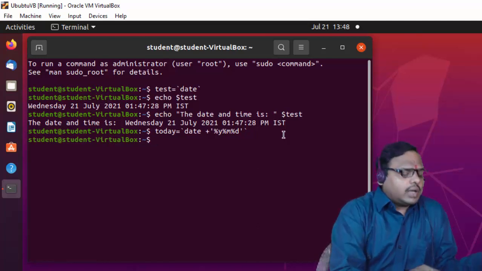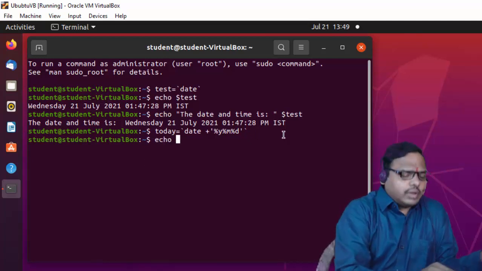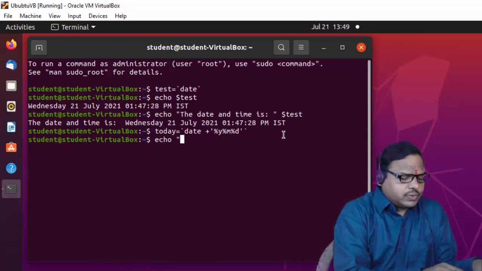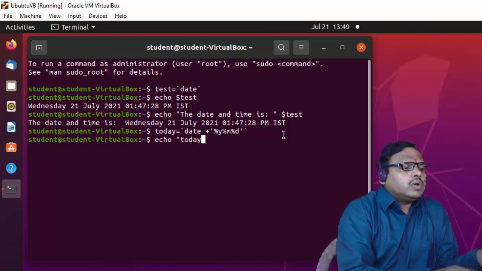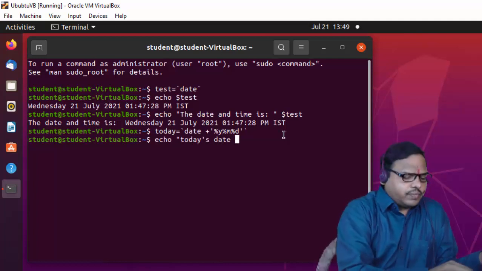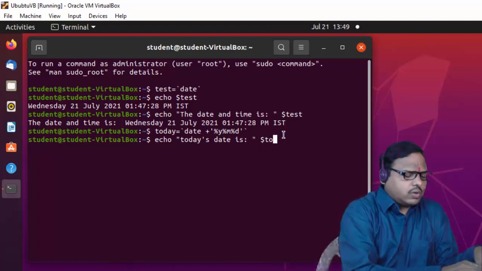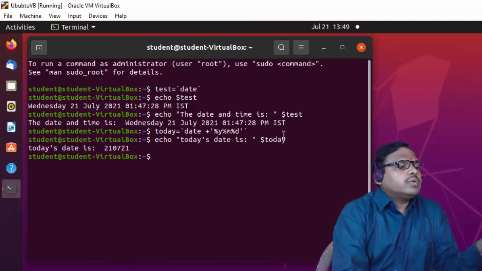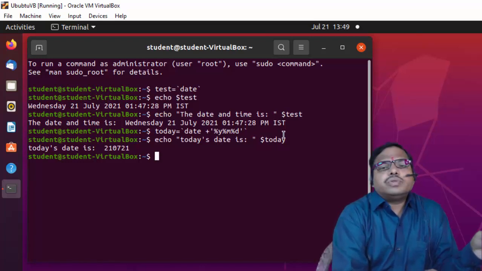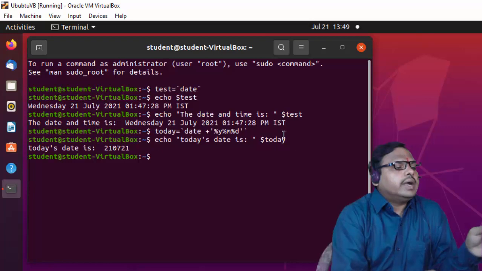Now we will display it along with the echo command: today's date is $today. You can see the date is displayed. 21 is the year, 07 is the month, and 21 is the day.